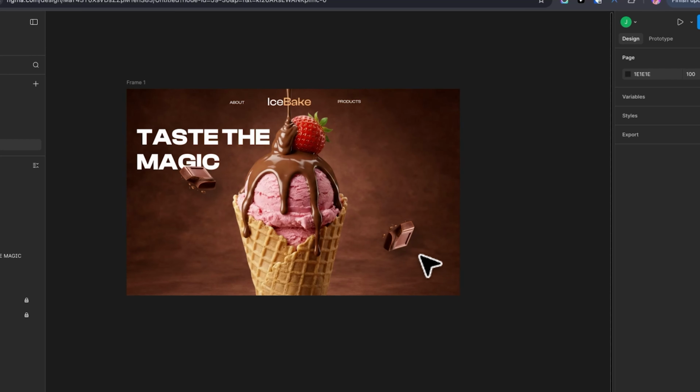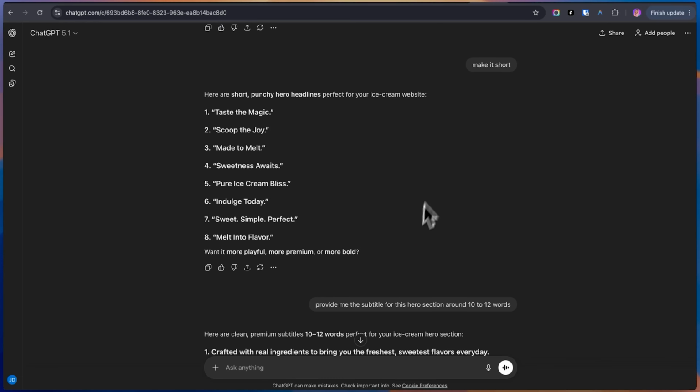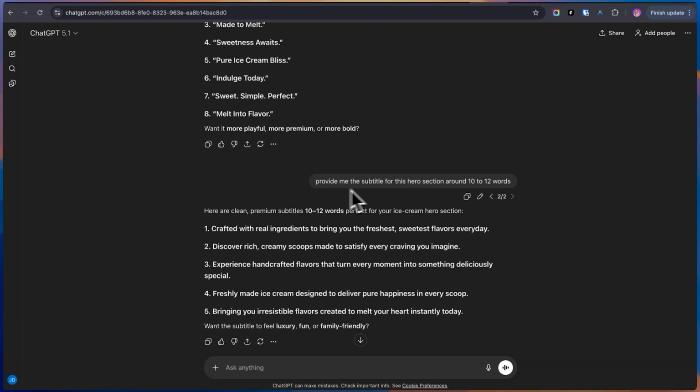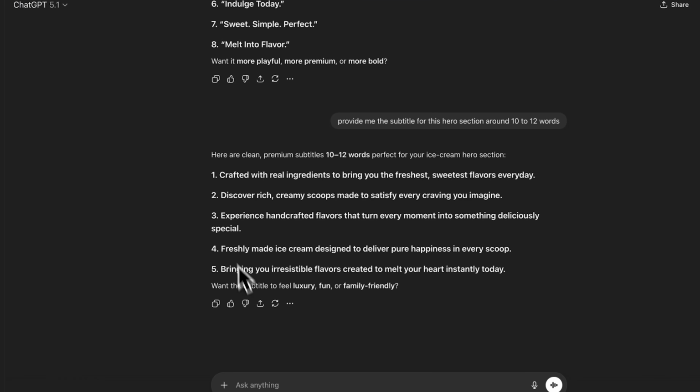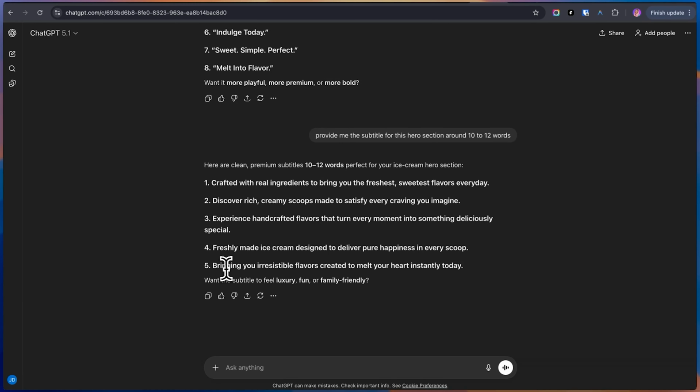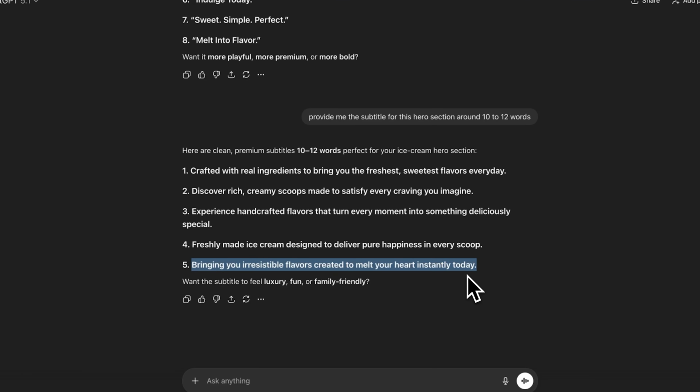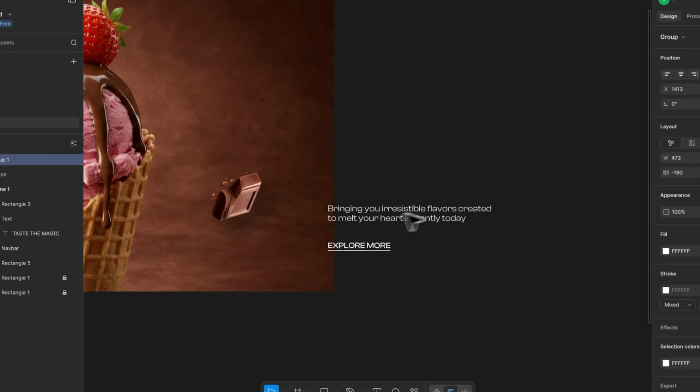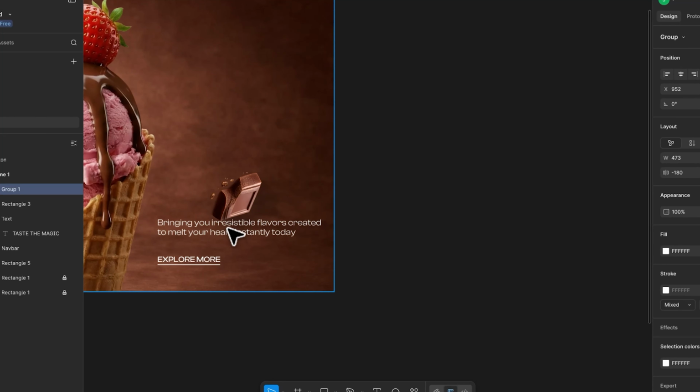Now we need a subtitle here. So again in ChatGPT, I have provided another prompt as provide me the subtitle for this hero section around 10 to 12 words. Here I'm just going to use one of the subtitles. Let me choose this subtitle and let me go to Figma and let me add that particular